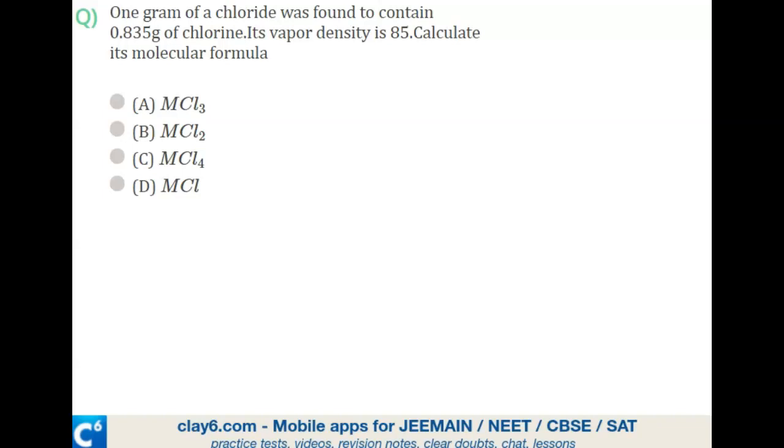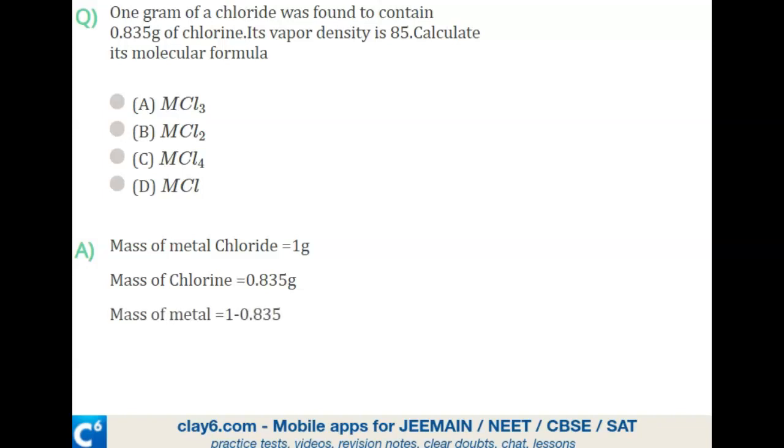So here the given values are the mass of metal chloride equal to 1 gram, and the mass of chlorine equal to 0.835 gram. From these, we could calculate the mass of the metal, that is 1 minus 0.835, which will be equal to